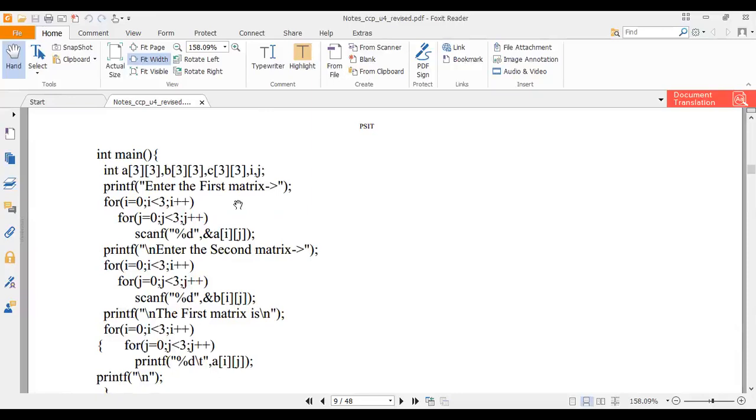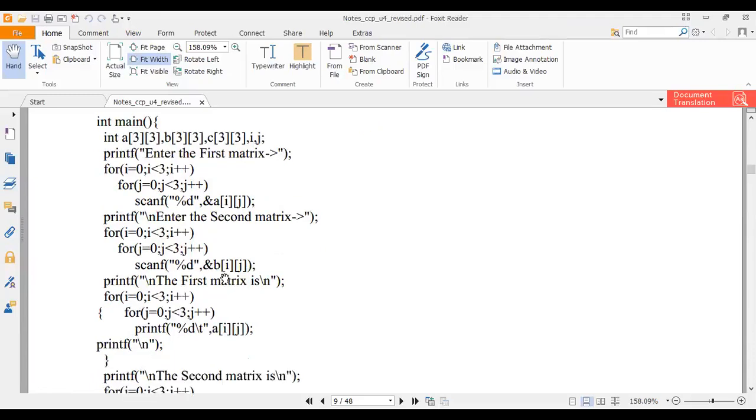But whenever you are using scanf, the same thing will not be done. If you have applied scanf within 2 for loops and you are running only, suppose, 6 times, when it should run 9 times for 9 elements, then 3 elements will be garbage in case of scanf. So I am taking here that both the matrices are of the same size, and I have also taken a square matrix. Even a rectangular matrix is also possible, as you have done in mathematics.